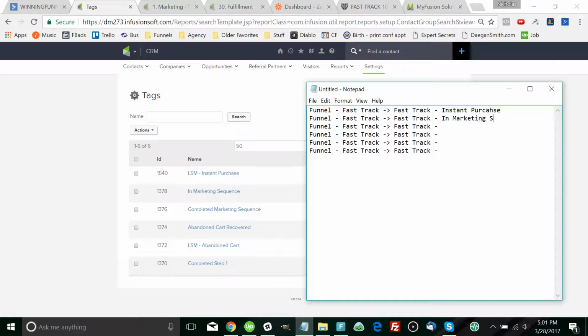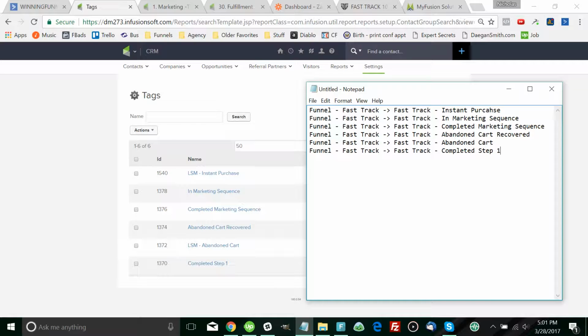And marketing sequence. Completed sequence, and then cart recovered, abandoned cart,